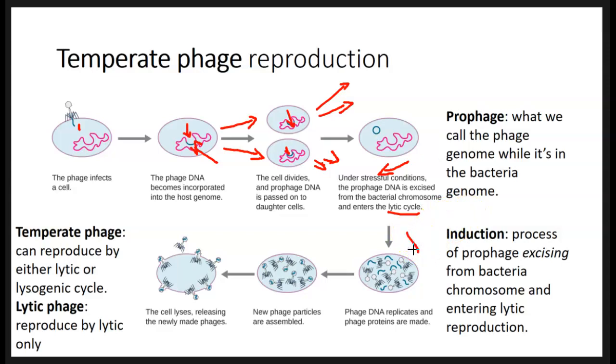And then, once it's in the lytic cycle, those phage genomes are turned into proteins. The phage capsids and tails and all the parts of the phage get assembled into new viruses, and then those viruses lyse the cell and go find a new host. Right? So why do the temperate phages reproduce as a prophage in some cases, and then as a lytic phage in other cases? Right? So stressful conditions induce this lytic reproduction for temperate phages. Stressful conditions are anything that